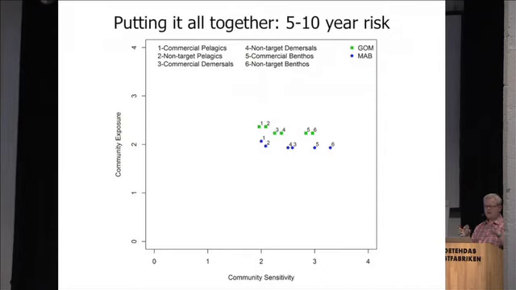So here's where it all comes back together. We've got our community exposure scores here on the left-hand side, it's 1 to 4, and then we got our community sensitivity scores, 1 to 4 on the bottom. We plot these out, and what you see here in general is that the Gulf of Maine communities are at higher risk than the Mid-Atlantic, and if you remember, that's because there were higher exposure scores in the Gulf of Maine. However, in the Mid-Atlantic, our scores have more sensitivity for groups 5 and 6, which are commercial benthos and non-target benthos stocks, followed by demersals.